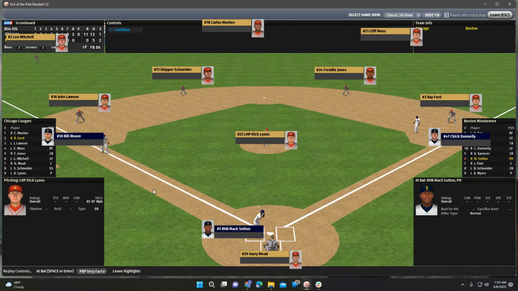So now we go to the bottom of the 9th. We have runners on the corners for the Minutemen trying to plate a run against Dick Lyons. Lyons came on in relief of Pappenfuss in the 5th inning, or 6th maybe. 6th inning, yes, it was the 6th, because in the bottom of the